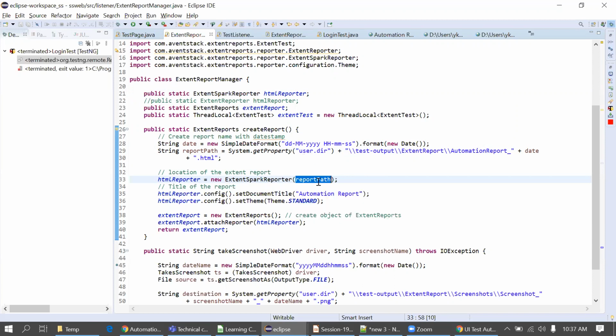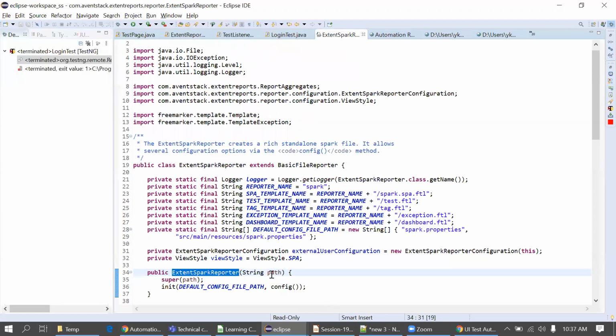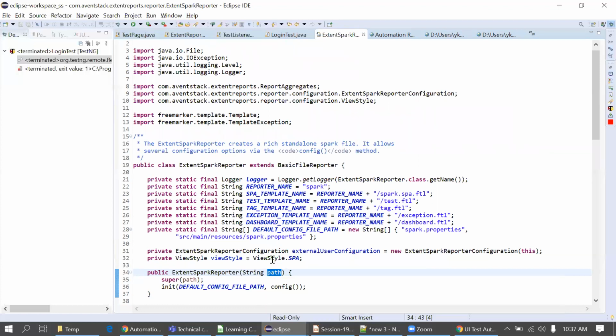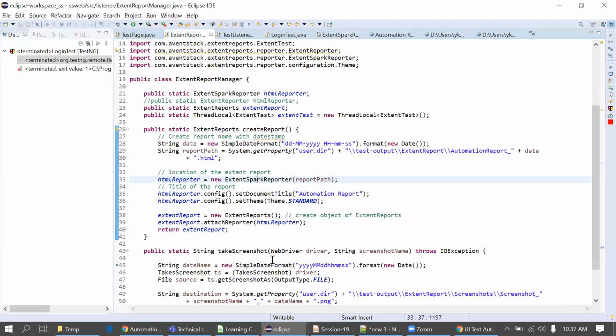Earlier in line number 29, we created the report path, and we are passing it here, because ExtentSparkReporter has a constructor. You can see it here. It expects the path where the HTML file should be created, so we have to compulsorily pass the path to this class.